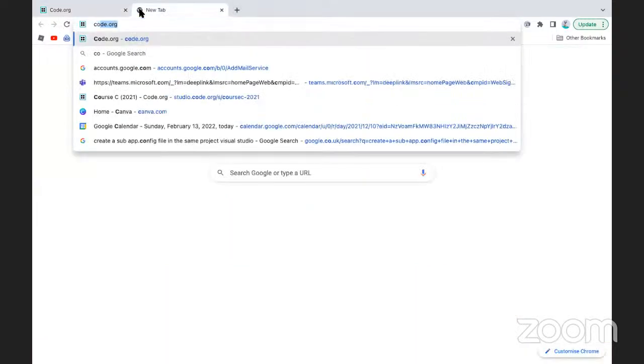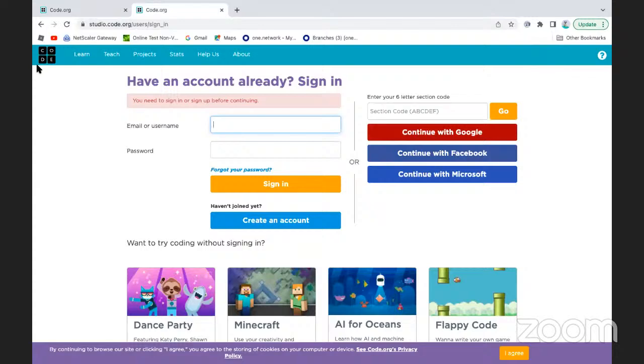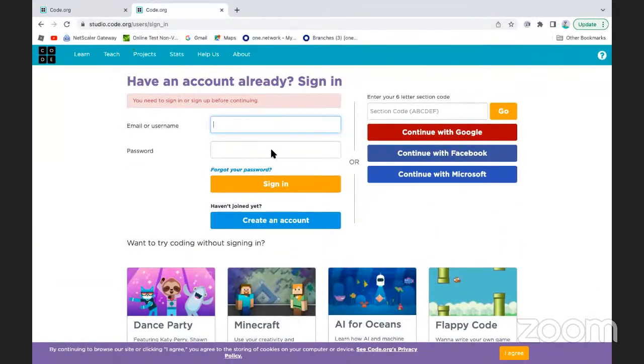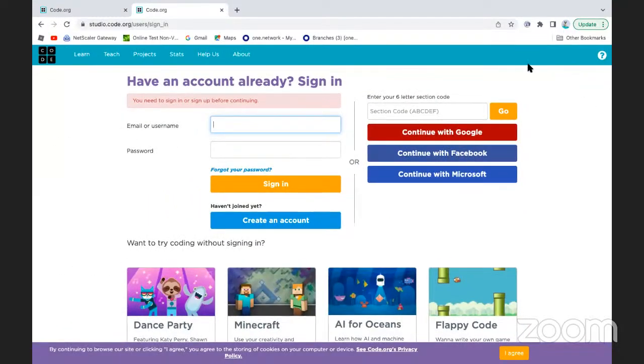They should put you in the home screen page. And when you're in the home screen page, there should be a sign up at the top left, right here where my mouse is. So you press sign up and it will bring you to this page.